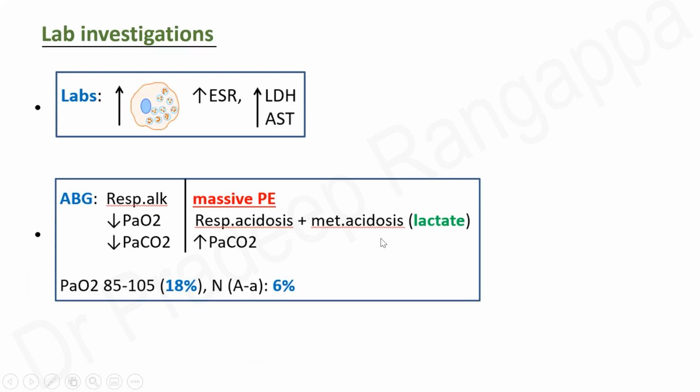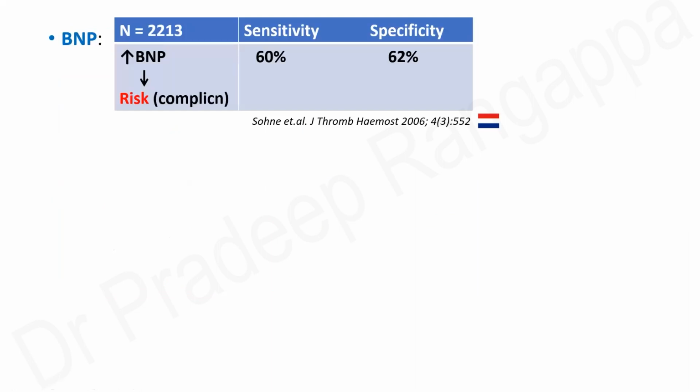But later on, the fatigue component will set in, and then you would have tissue hypoxemia leading to respiratory acidosis and metabolic acidosis, and high lactate due to the tissue hypoxemia that would have set in. And then you would have CO2 building up later on. The AA gradient is usually high, but it can be normal in about 6% of the patients. So these are some of the lab findings.